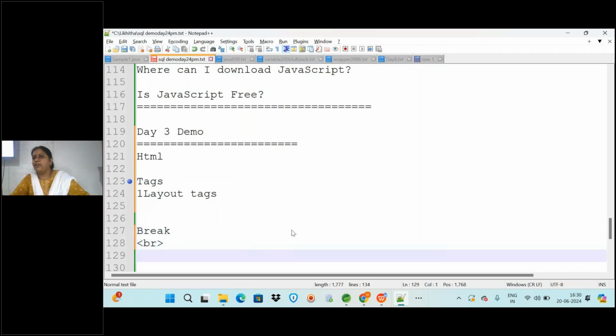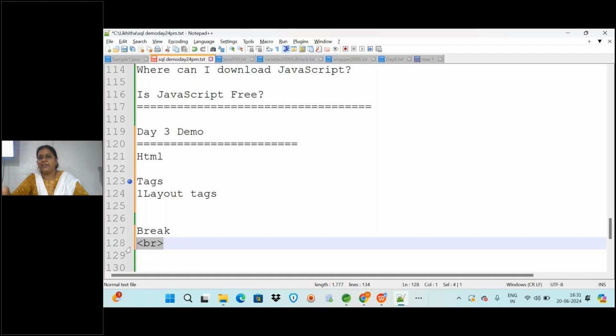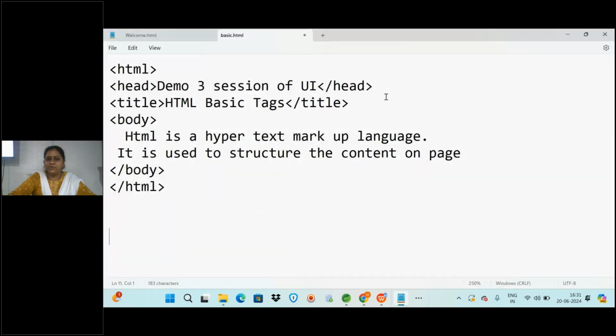And I said some tags will not have opening and closing separately. There will be a single tag. Such a tag is called the break tag. It will not have a separate close tag; it itself is opening and closing. You can write it like this. Now our page is not looking good, so let us give the break. Whenever you give the break tag, it will come to the new line. So here you can write one more BR tag to come to a new line. After displaying that particular line, as soon as it sees the BR tag, it will come to the new line.